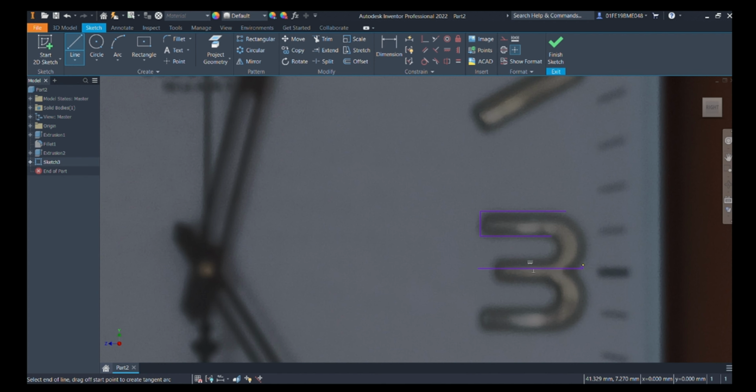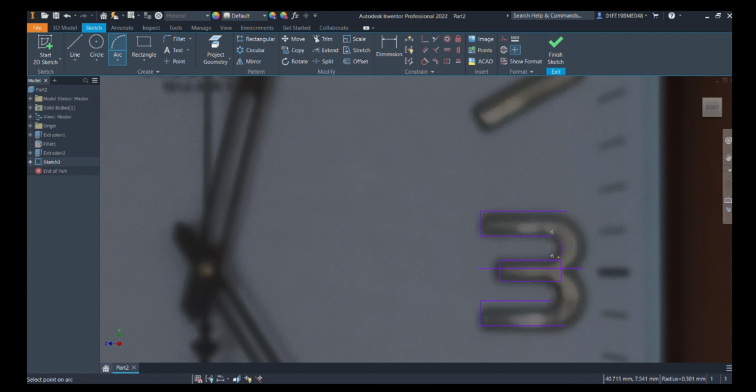Center line just to mirror the part, a rough center line, need not be exactly center. As I told you, here we need not worry about the dimensions. Now taking the center rectangle, a normal 2 point rectangle, we will be drawing the middle part of the number 3.